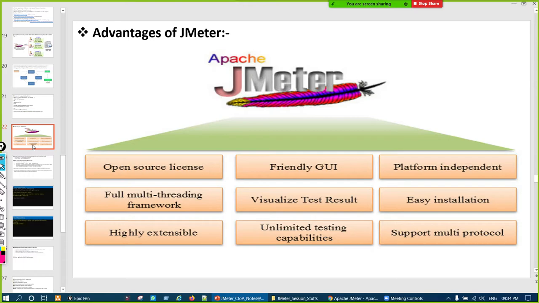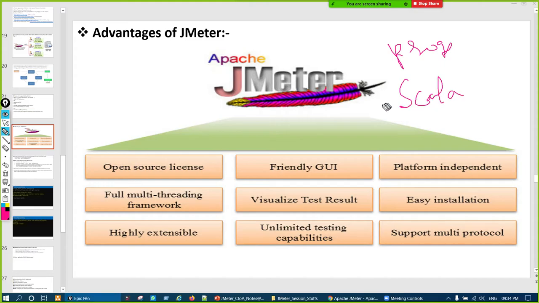I have not worked on Gatling, but it is a little bit difficult because you need programming to work on it. Scala language is used in that. It's a version of Java only. So that's why it's not much recommendable, and we do not use it.